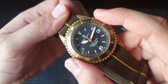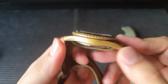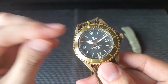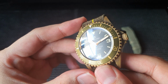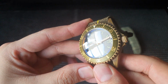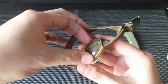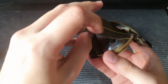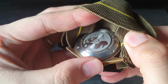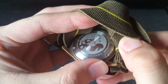This is a 42mm case width watch with 49 millimeters lug to lug, and lug width is 22 millimeters. So it has a sapphire crystal on the front, and this has an underside AR coating. So it has this blue hue over there, and let me show you the case back. So the case back is a solid case back. And one thing to note is that it is mentioned here that it is the ETA 2824-2, the elaborate grade ETA